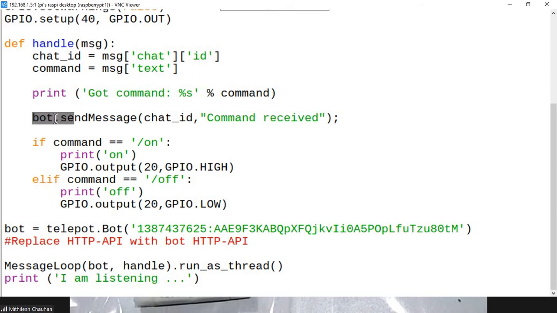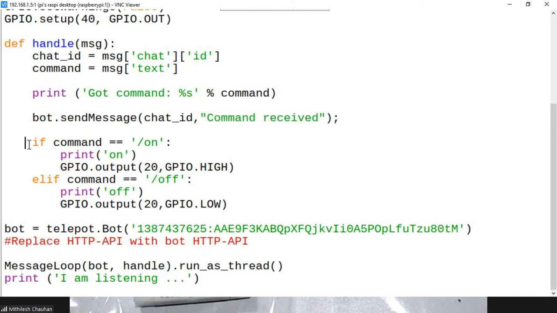So we are using this function for sending data back to Telegram. So I am replying to a person with the chat ID. We have retrieved the chat ID, which refers to the Telegram user who was interacting with the app, and it will send the message command received on the Telegram app.